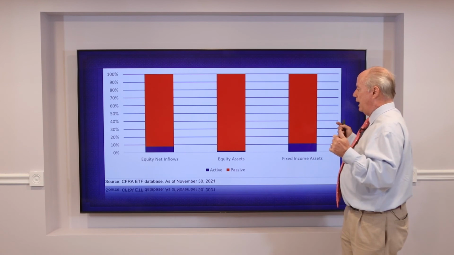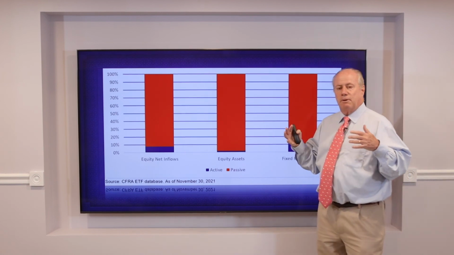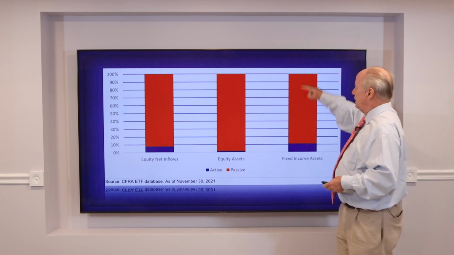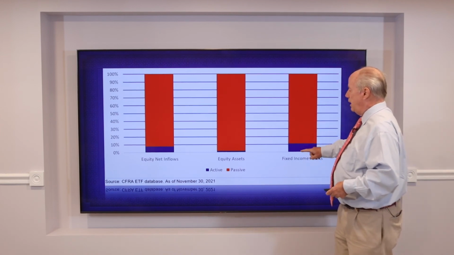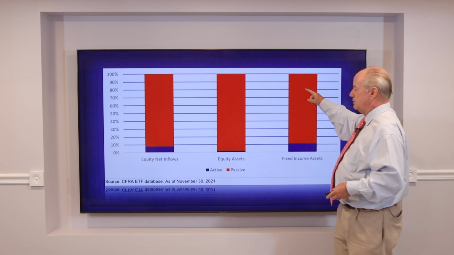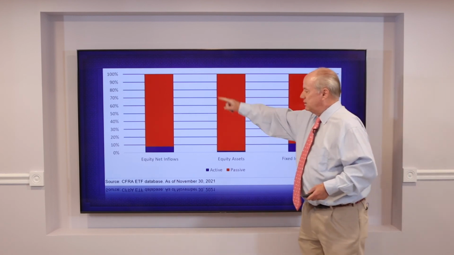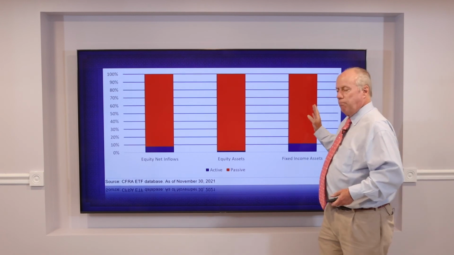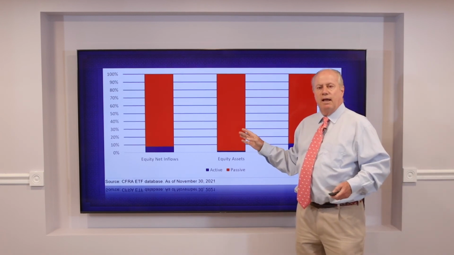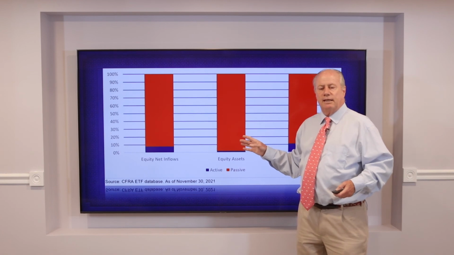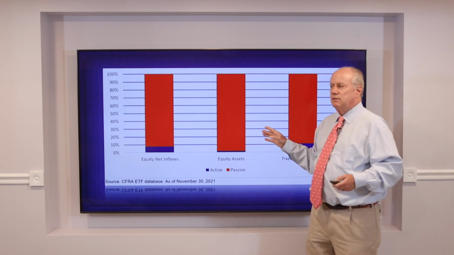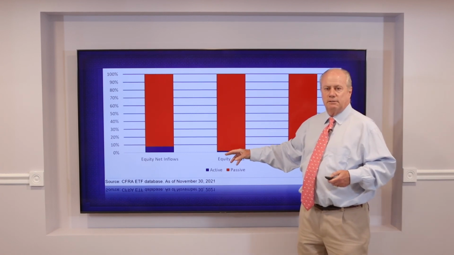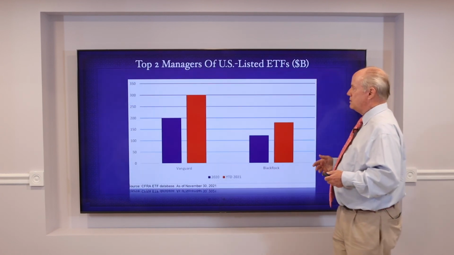Now, if we look at ETFs, remember I said they were all basically passive? So you can see the difference between active in blue and passive in orange. Obviously all of these ETFs are predominantly passive. And one of the reasons that is the case is because they can keep their costs down as long as it's passive. They don't have to do a tremendous amount of work.